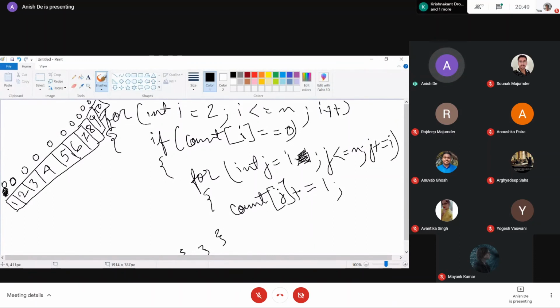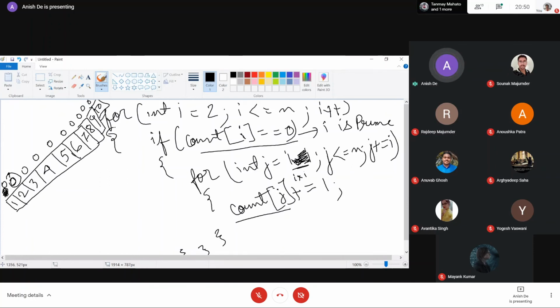Now is the count of 2 equal to 0? Yes, it is 0. This means that i is prime. See here, the count of 2 is 0. So we are starting a for loop from i. In the last problem we started this from i into i, but here we are starting from i because we have to increment the counter of j for every prime number it is divisible by.